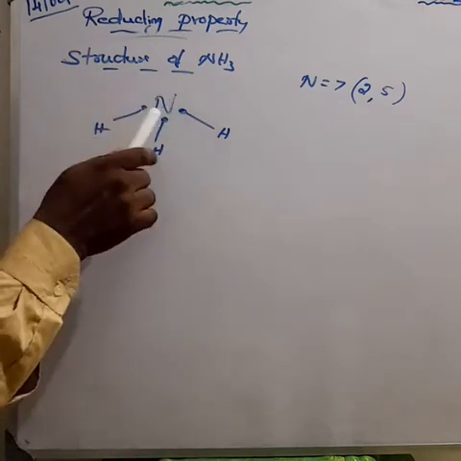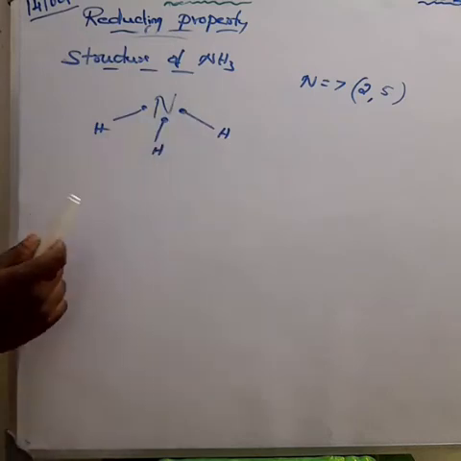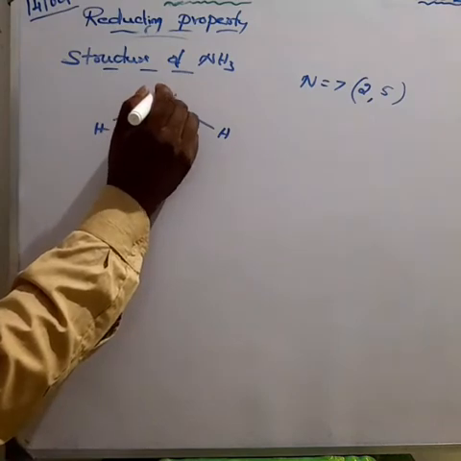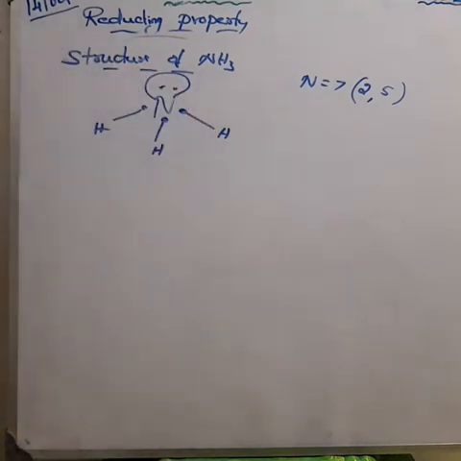We can draw it like that. First we have to take nitrogen. One hydrogen paired, next hydrogen paired, the last hydrogen paired. So remaining, it has 2 electrons. That is considered as a lone pair of electrons. Am I right?